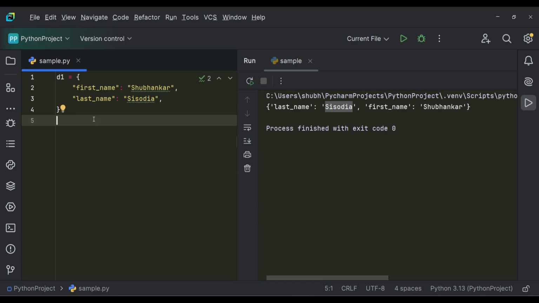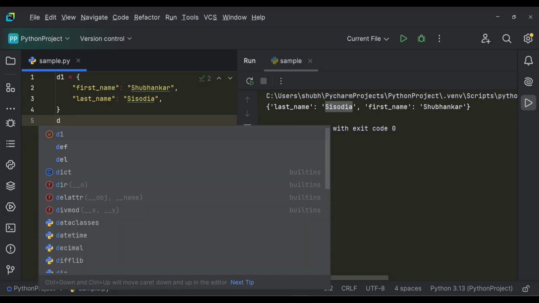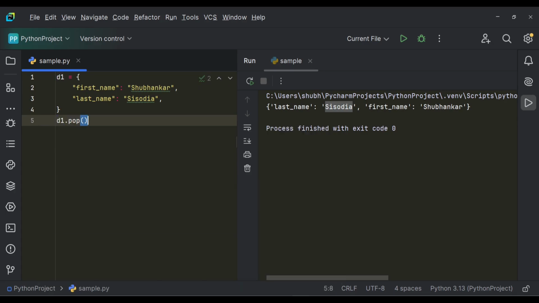The first way is we can use the pop method, and another is we can use the del keyword. So let's check the first way. I will write d1 dot pop, key name, which is first name,